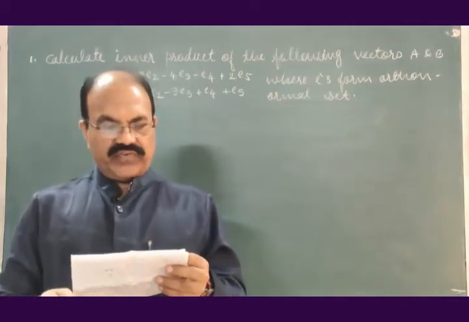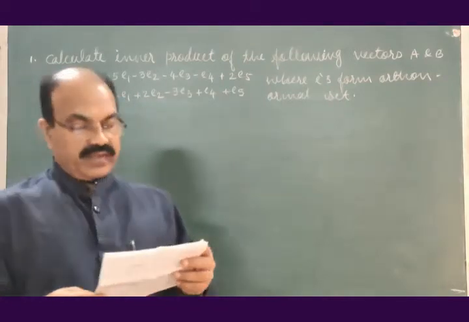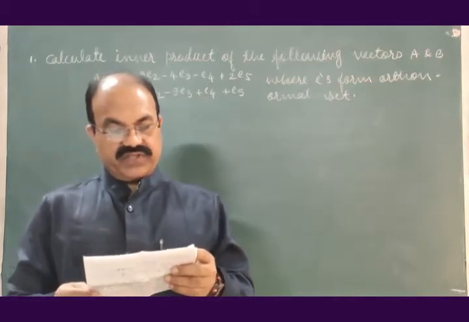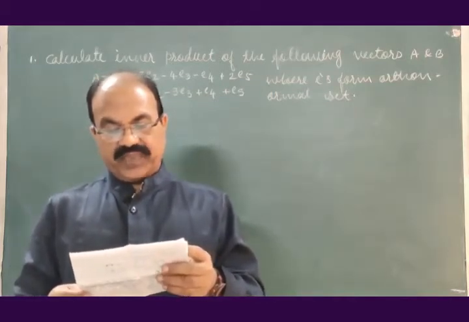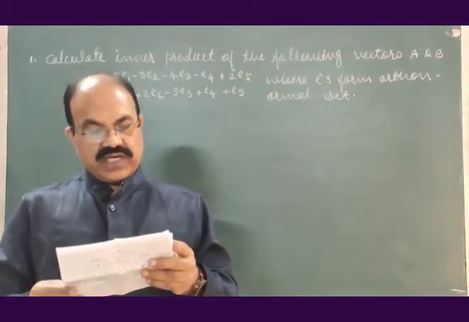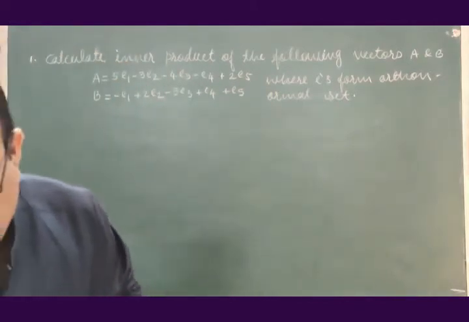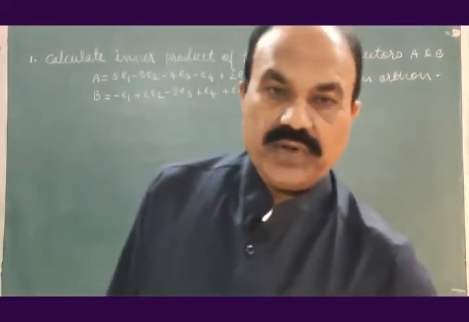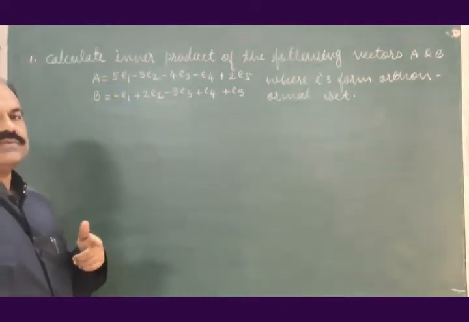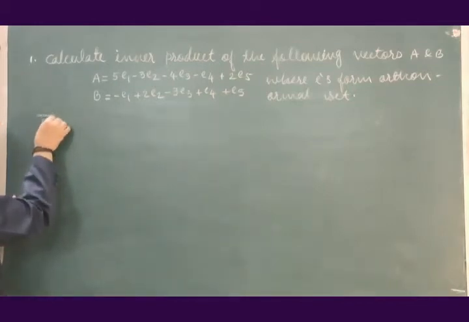A is equal to 5e1 minus 3e2 minus 4e3 minus e4 plus 2e5. B is equal to minus e1 plus 2e2 minus 3e3 plus e4 plus e5, where e1 to e5 form an orthonormal set. This is the problem. You know what is the formula to find the inner product? The solution of this problem is